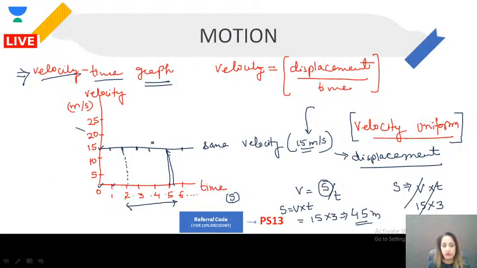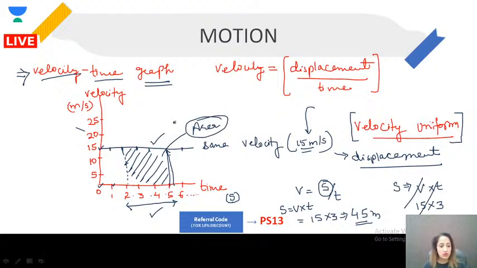How do we do that? What did we do? We multiplied this side with this side, right? And that is the area under this graph. So from this we can say that in a velocity time graph, if we want to calculate the distance, we take the area. Okay, I will tell you what velocity is. First of all,